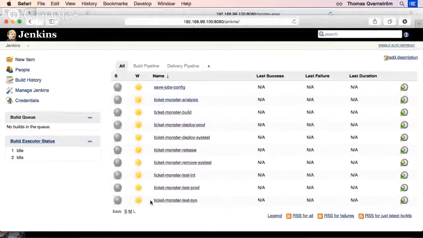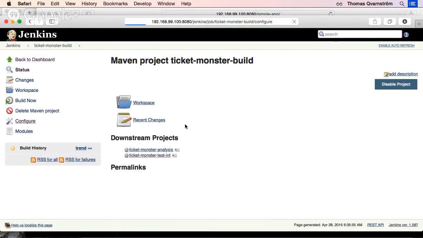So this is our Jenkins server up and running now. Everything is up and running, and you can see all the jobs. The Ticket Monster job is here. So maybe I'll spend a minute and explain Ticket Monster. Ticket Monster is a showcase application that we have at JBoss, which shows off various Java EE technologies and patterns to build and use Java EE. It's really nice to look at, and there's a complete guide on how to build that project as a full Java EE project. I'm going to use that project now. You're not going to see much of the actual code here, but we start with the build that I'm going to run. The first thing it's going to do is check the project out of